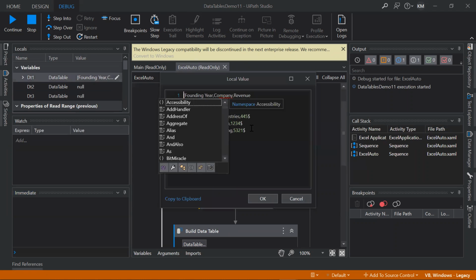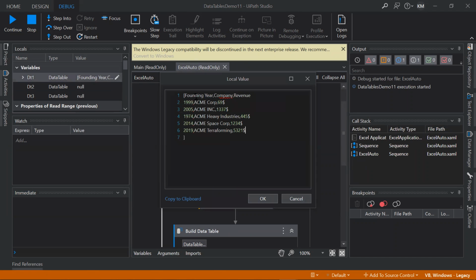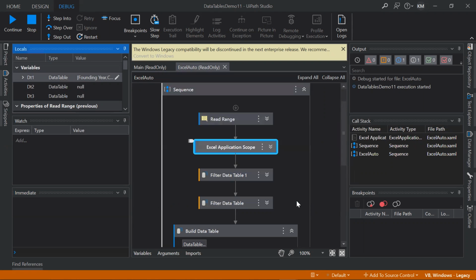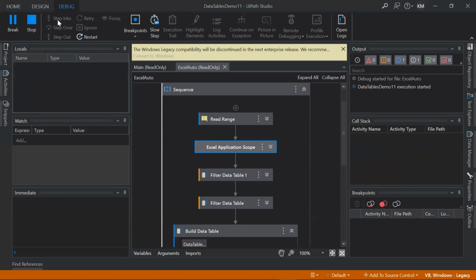If you see, first is founding year, company, revenue. See, this is the way the bot reads and stores data tables as rows and columns. Here you will not see it exactly arranged properly, but in the bot's memory, it is in terms of rows and columns itself. So you can access the data accordingly. Next, using the Excel application scope, you're reading the next data. So if I hit step in,